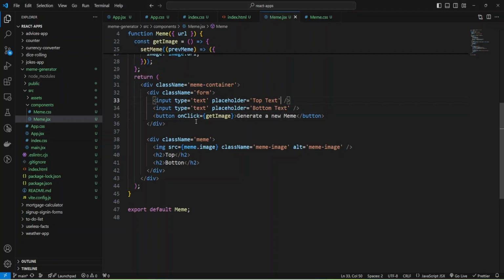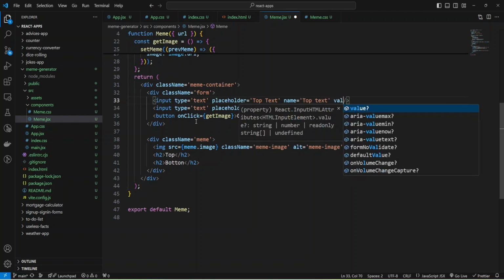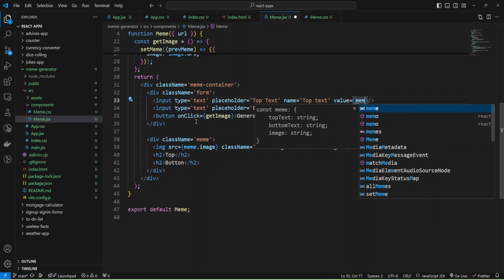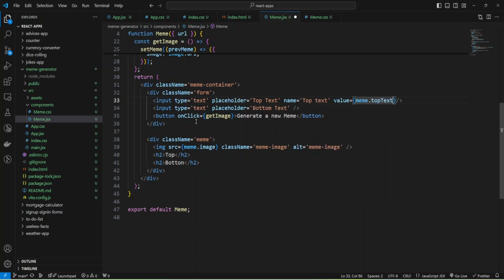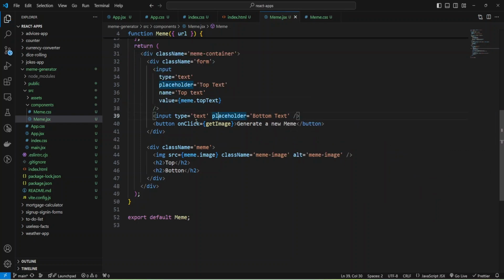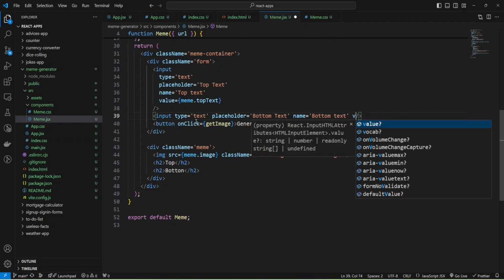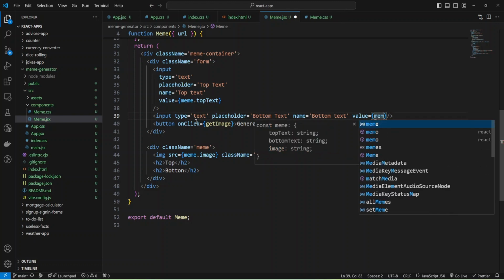Okay, I'm going to adjust my inputs, provide name with top text, and so add value meme top text, and so here add name bottom text, and also provide value. It will be meme